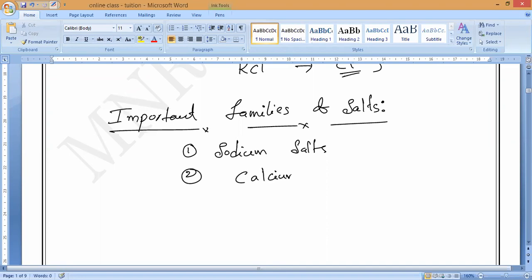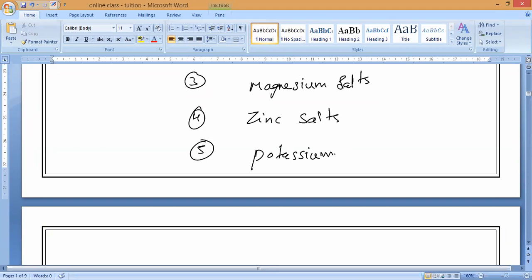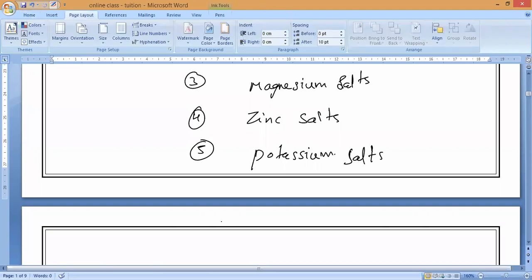Second one, calcium salts. You guys can say, anybody. Calcium salts, magnesium salts. Next one, zinc salts. You can give examples also, anything. Next, potassium salts. These all are positive ions or negative ions? Anybody? All are positive ions. Is it yes or no? Positive ions. Potassium salts, aluminum salts,